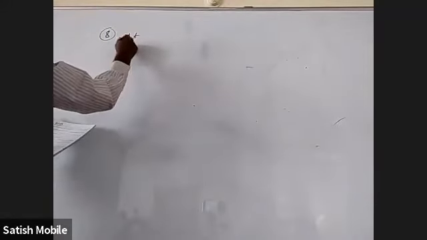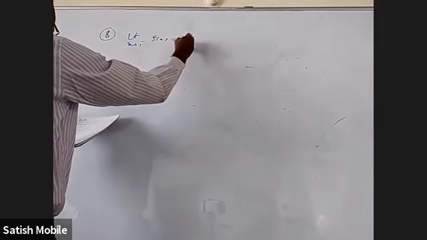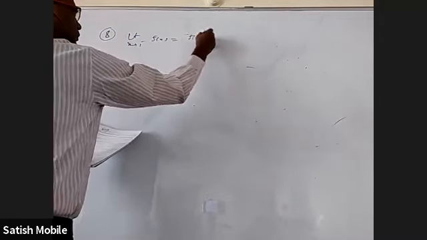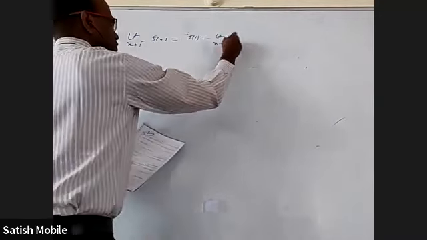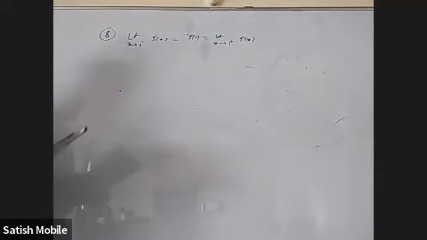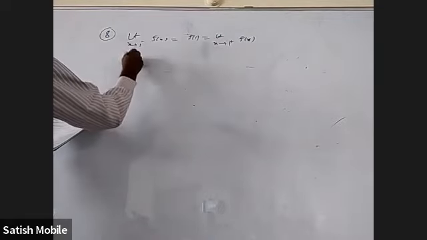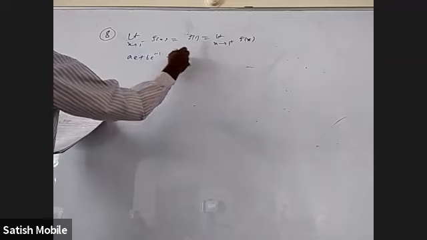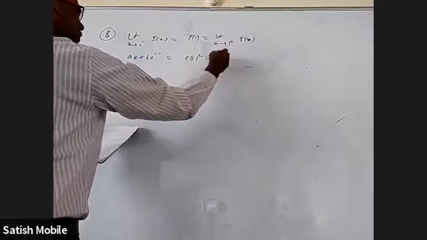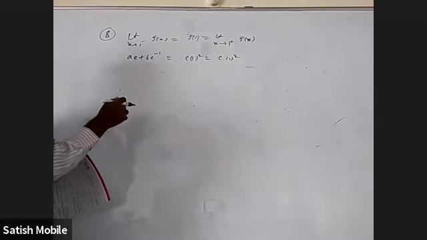So limit as x tends to 1 minus of f of x should be the same as f of 1, which should be the same as limit as x tends to 1 plus of f of x. Quiet please. Just before 1 it is a e plus b e power minus 1. At 1 it is c into 1 whole square. The right limit is also c into 1 whole square. This is one equation in terms of a, b, c.